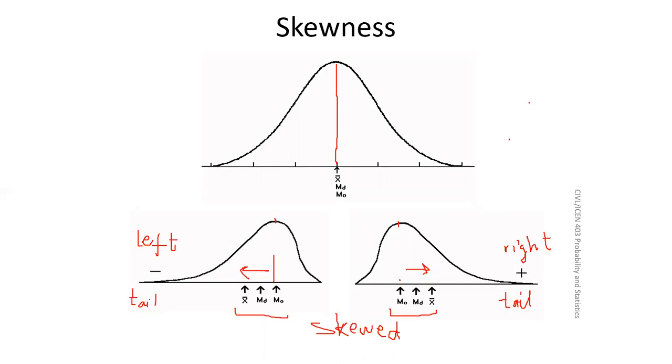Many times I ask students in the homeworks as well as exams, find mean, median, and mode of the data. After finding, comment on the data. And people are worried, what is comment on the data? What can we say about the data? Based on mean, median, mode, the comment is whether they are symmetrical or not. If all three are equal to each other, we will call them symmetrical. And if they are not equal, then we will see whether median is greater than mean or mean is greater than median. According to that, we will say it has a right tail or a left tail.